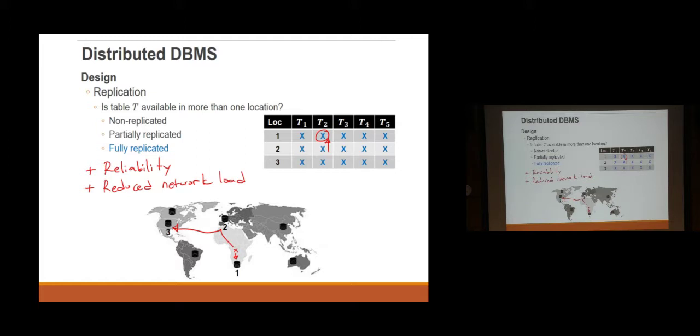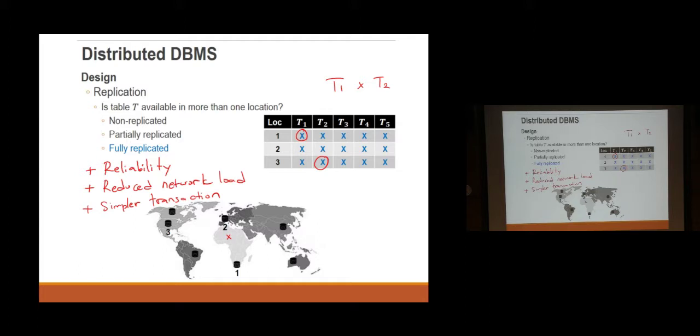The third one has to do with joins. Okay, so simpler transactions. If you want to perform a join, let's say T1 cross product with T2, and T1 and T2 are located in the same location, then you can just perform the join locally and return the result. If, for instance, T1 is located at location 1, and T2 is located at location 3, and you are here,